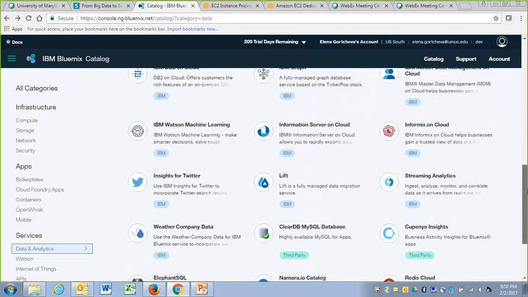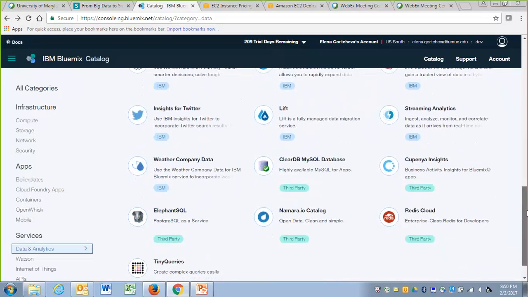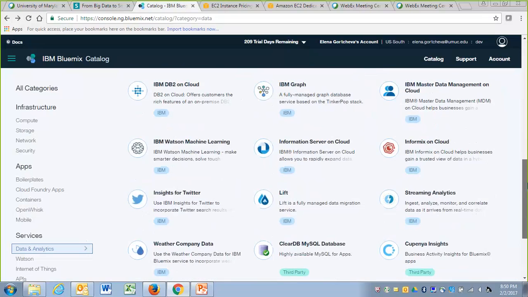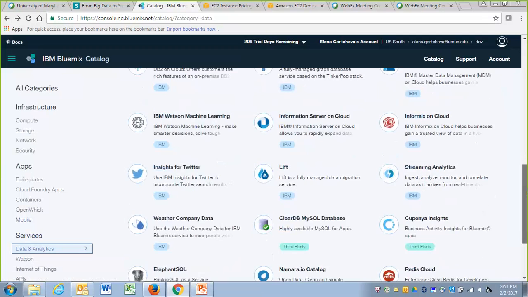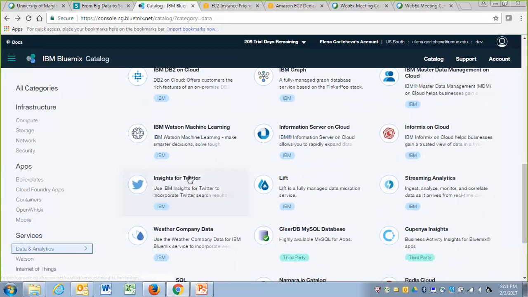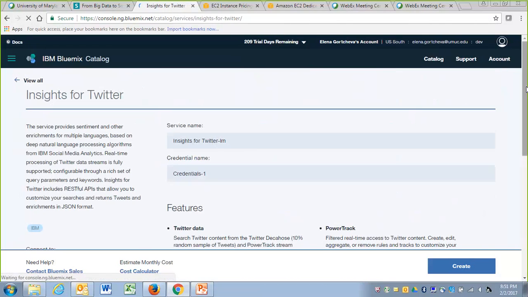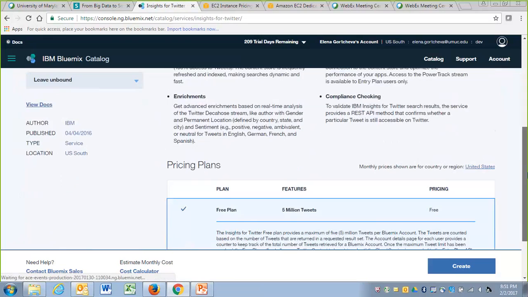So what I want to point your attention to, when you try to explore Bluemix, think in the beginning that we are going to work with some of the services in these two categories, data and analytics and Watson. But you will have this free access for 6 months, and you will have the opportunity to explore much more. Always pay attention when you click on some service that if something doesn't work, it's because it's very expensive, and maybe your account is not allowed to do this.